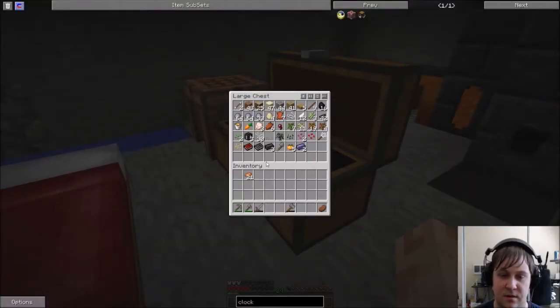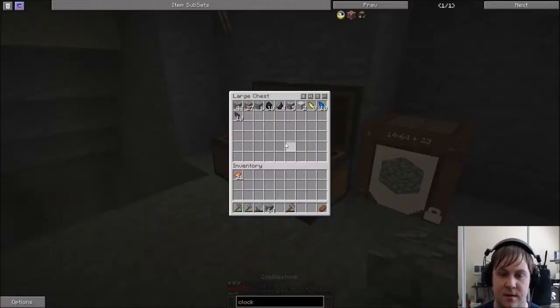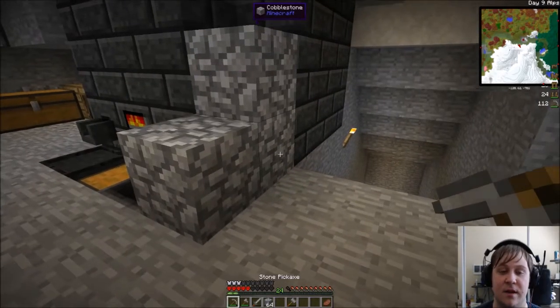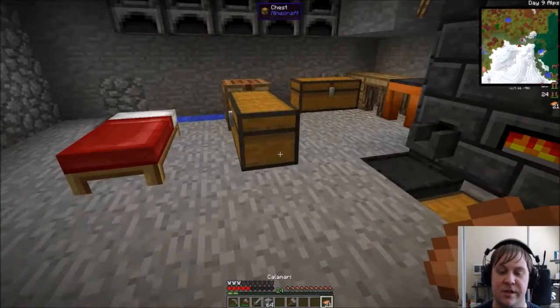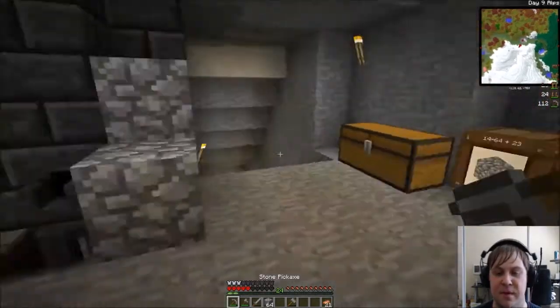Don't need dirt. Don't really need gravel at this point in time. Grab a stack of that. So I've got 5 pieces of aluminum. I could get started on a better gear. I will need eventually 6 pieces of aluminum, but I think it might be worthwhile just to start making